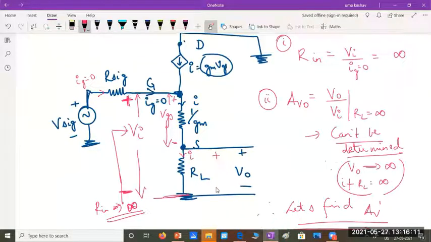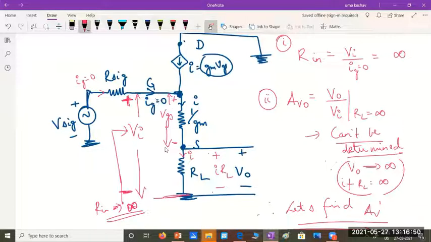And what about the sign? Since I flows downwards, this end, the source end, will be positive when compared to the ground end. So it is in the same direction as how we are measuring the voltage V naught. So it will be positive here. The output voltage will be a positive voltage because current flows in the same direction as we are measuring the output voltage. Whereas in a common source amplifier, current would always flow in the opposite direction, and we would measure V naught in the other direction. That's why you would get negative.